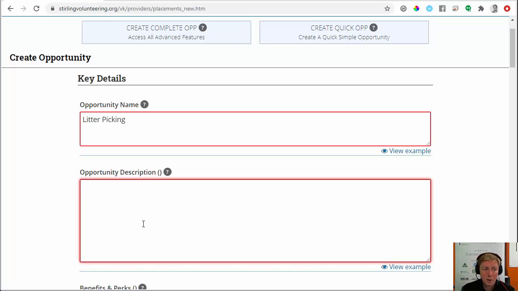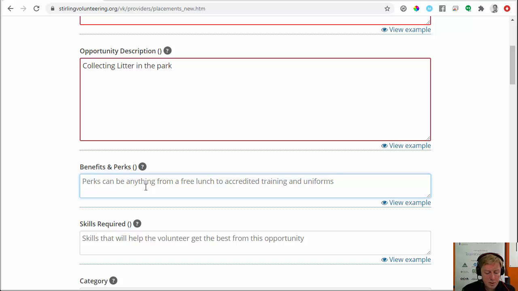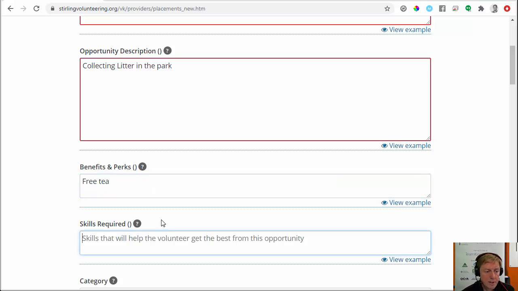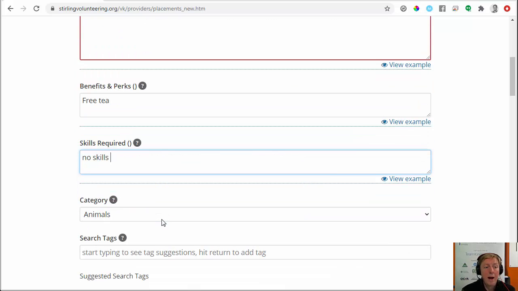Obviously, because it's a demo, I'm going to put something very quick, but think about what kind of barriers volunteers might put in the way between them and volunteering, and try and remove those barriers within these sections here. Okay, so you put in the description here. Okay, any benefits and perks. Skills required. And if there is no skills, say no skills,